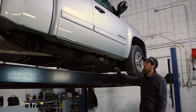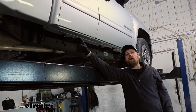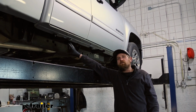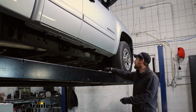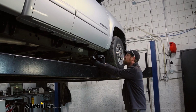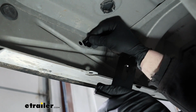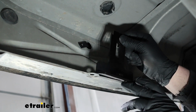The passenger side, I got a couple of our brackets going. The one in the very back is going to be identical to the ones that we did on the driver's side. However, the one in the middle and the very front one are going to be a little bit different style. So we'll walk you through and show you how to do this type now. So again, we'll use those pieces that kind of snap in there. And then you have this bracket,